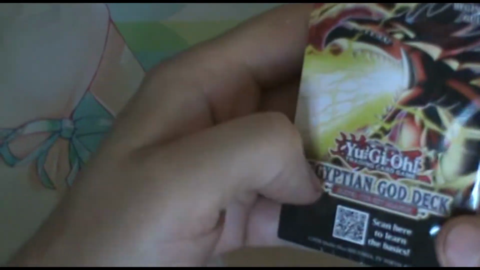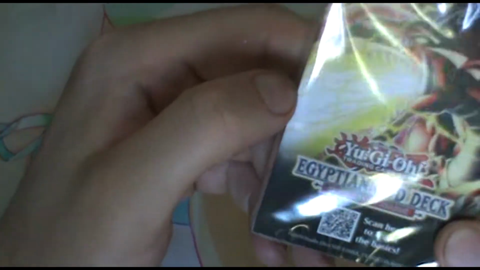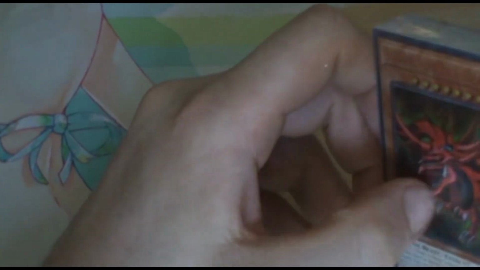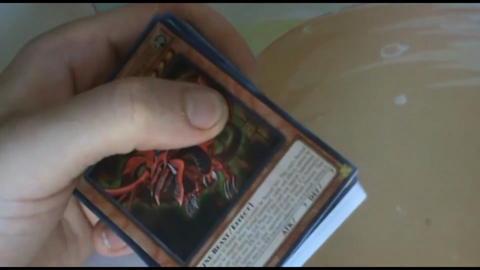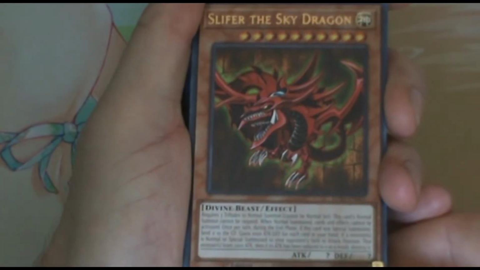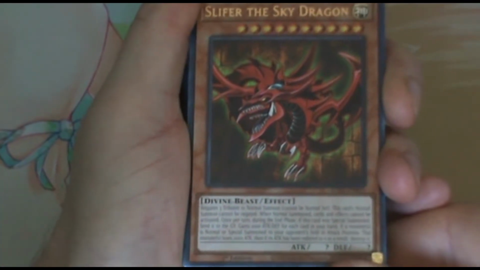A very, very powerful card, requiring 3 tributes. Where's the tab? There it is. In order to summon. Same with Obelisk. But for every card in the hand, it gains 1,000 attack. And